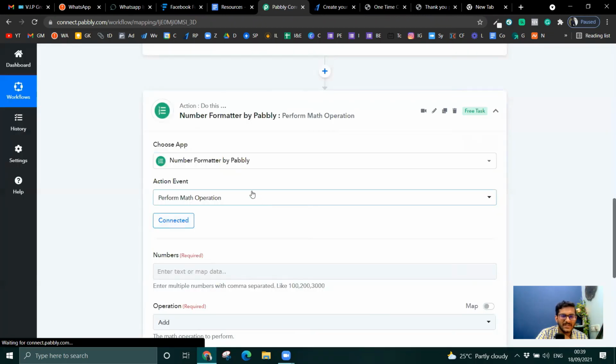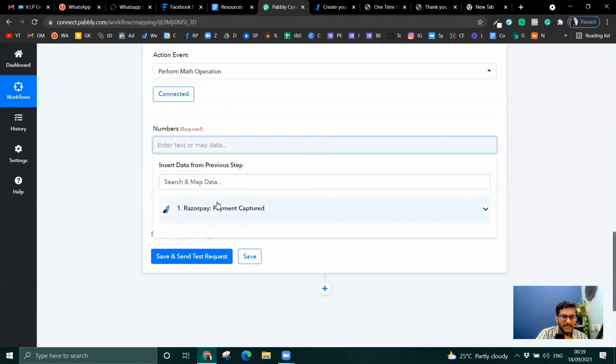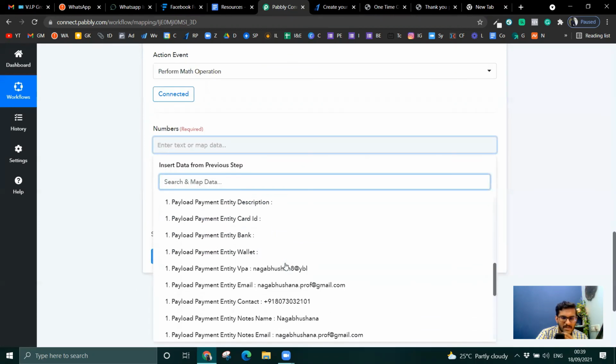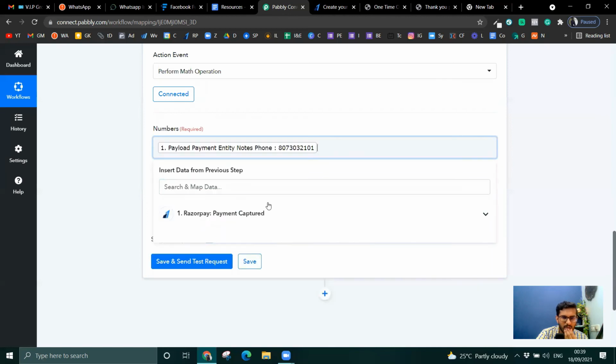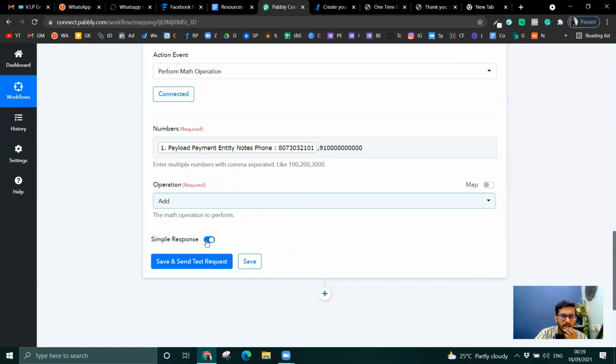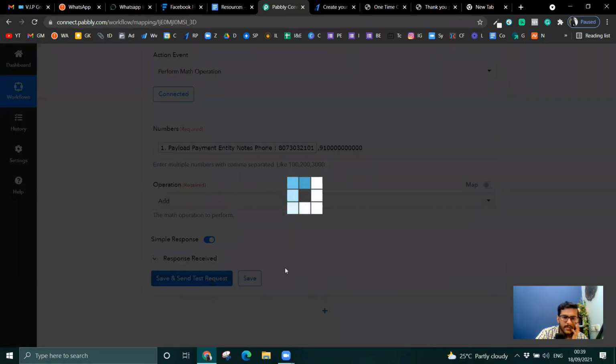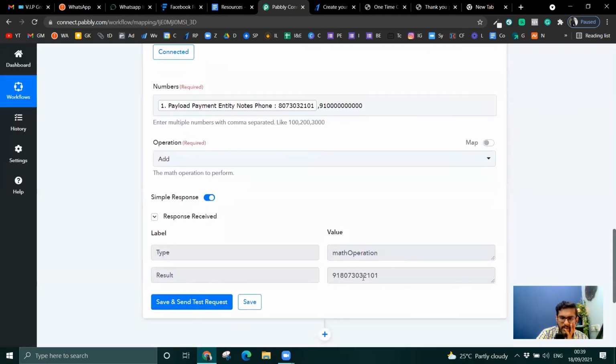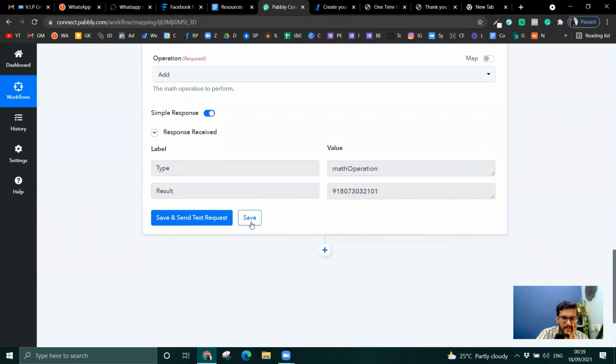So I just do this and say map, instead of the first name, and here that's gonna go there, and say comma 91 1 2 3 4 5 6 7 8 9 10. Add and test response. Cool, I got my number. Save.